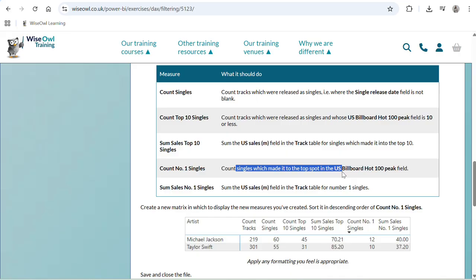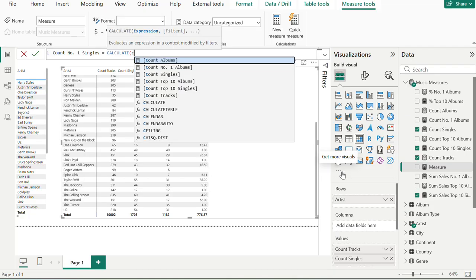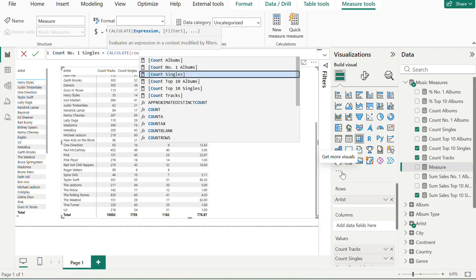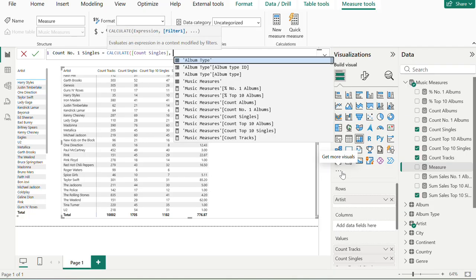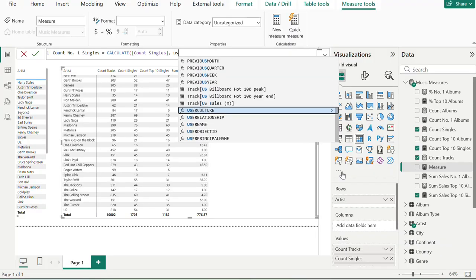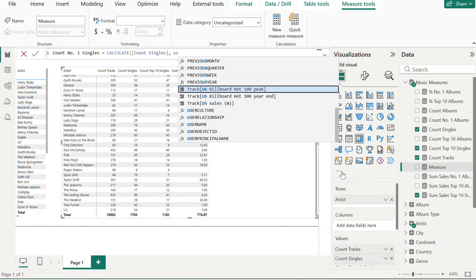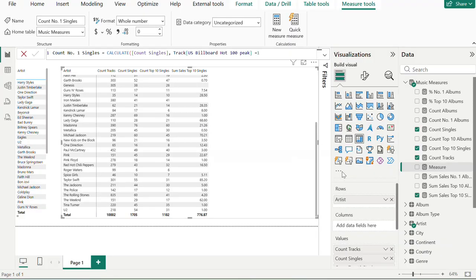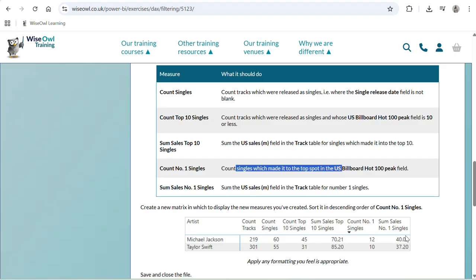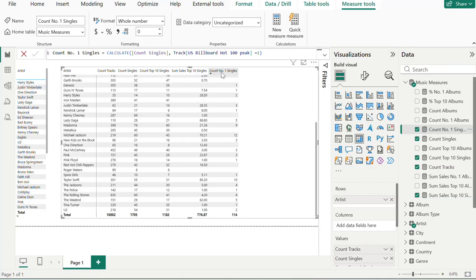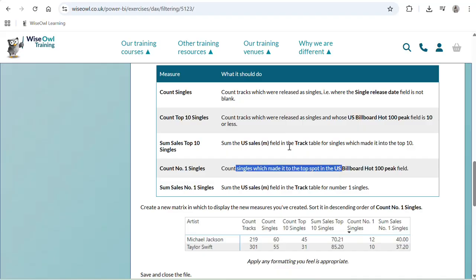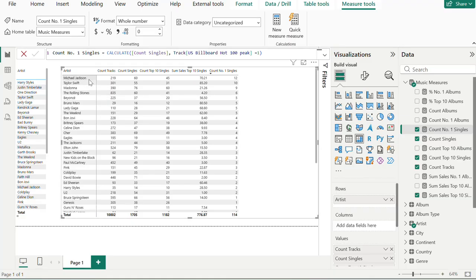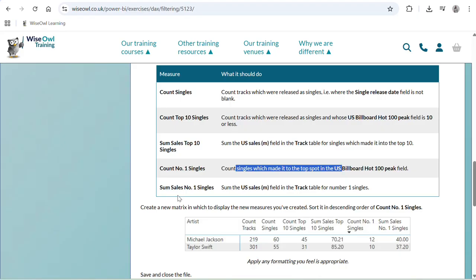So count of singles, so let's say if I take calculate count of singles where it makes it to US Billboard 100 equal to 1, and I will be adding it here. So if I sort it by descending order, then 12, 10, Michael Jackson, Taylor Swift, yes, and the last one